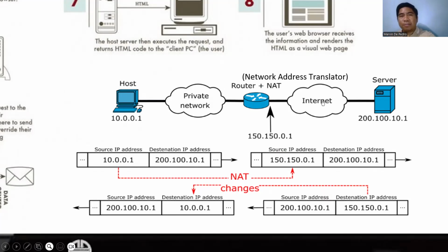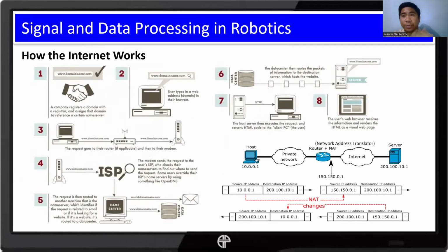So, for example, if our private IP address is 10.0.0.1, then once we communicate outside, the IP address will now become 150.150.0.1. The one that does that is the NAT, which is a built-in feature of our routers.